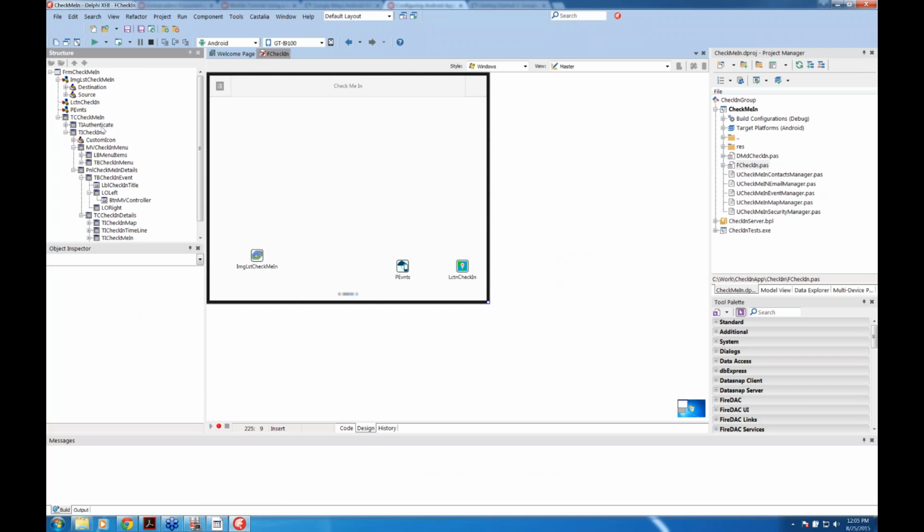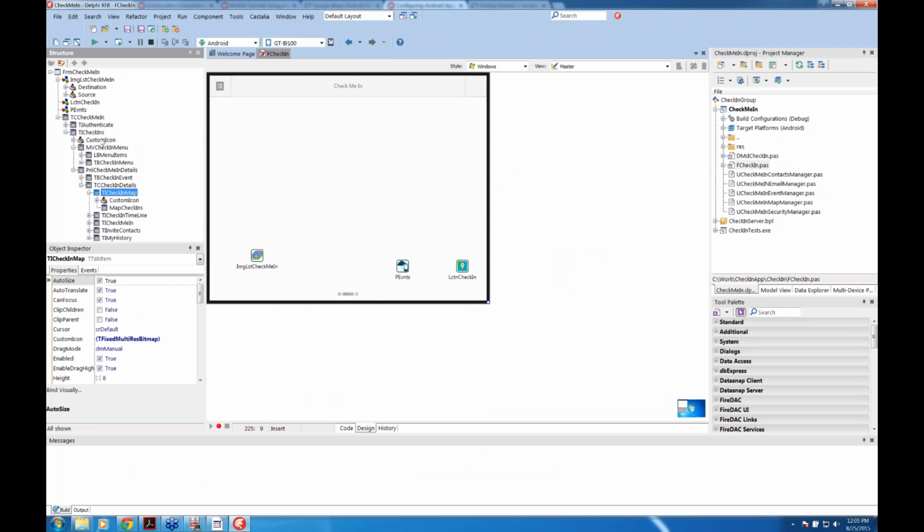So what I've got over here, again, very, very simple to work with, is I have my tab item called the check-in map, and on that I simply drop onto there something called the TMapView. Okay, it just looks like a plain component that's aligned to the client. So in order to work with this, if I go back into my list box,